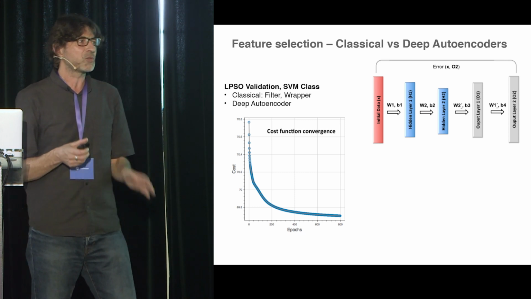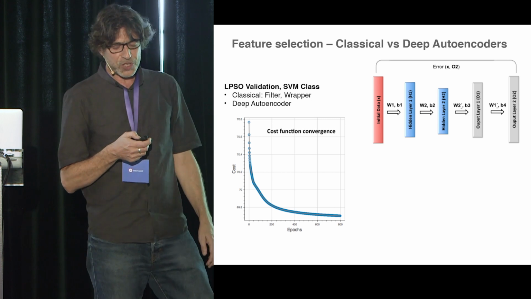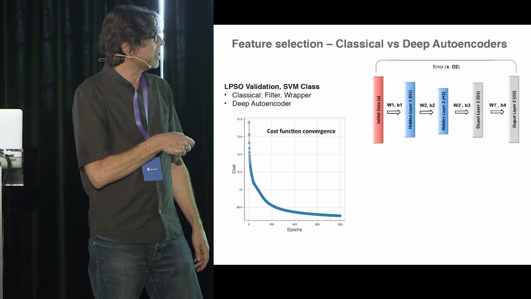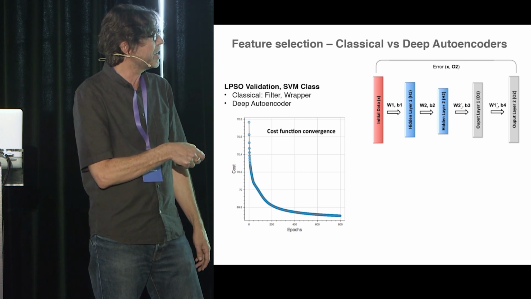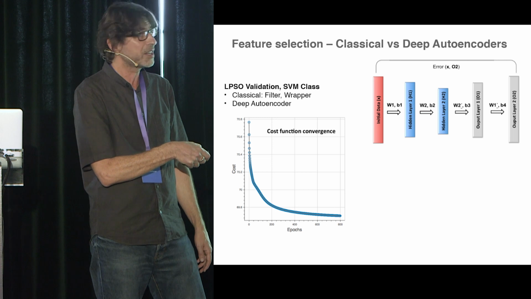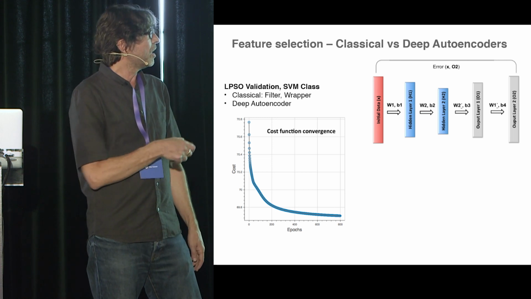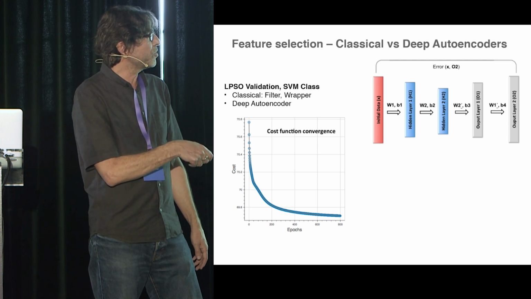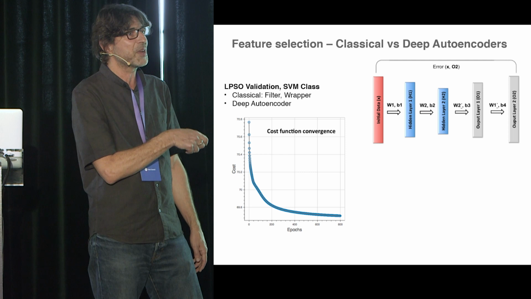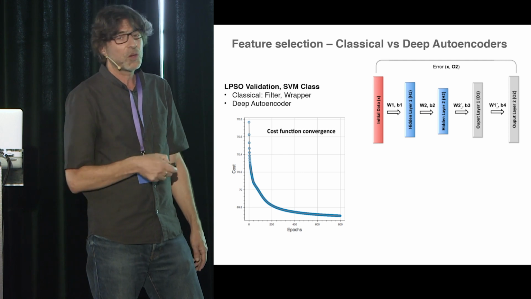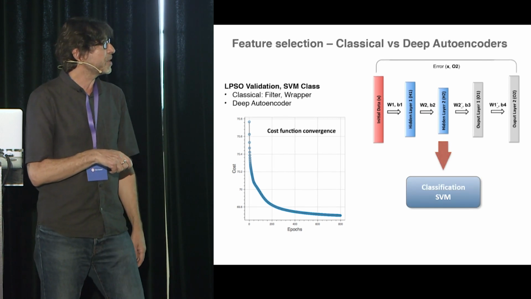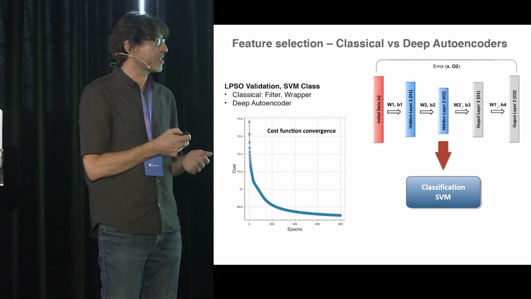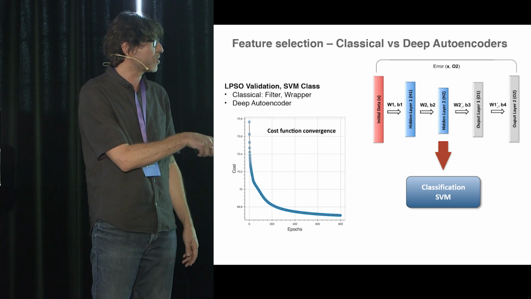Therefore, we have developed a feature selection stage, and I will present very briefly one of the methodologies that we have applied for feature selection, which is based on deep autoencoders. Basically, we have a network of 3 decreasing layers in dimensionality and 3 increasing layers in dimensionality, where you try to map the input to the output. And since the intermediate layer has a reduced dimensionality compared to the input space, what you do is use the activity in this intermediate layer as the input to the classification, which is in our case a support vector machine.